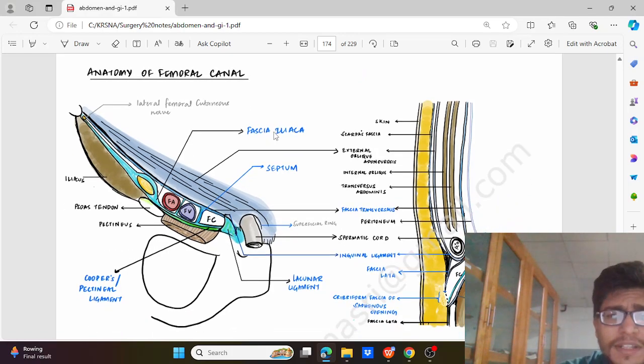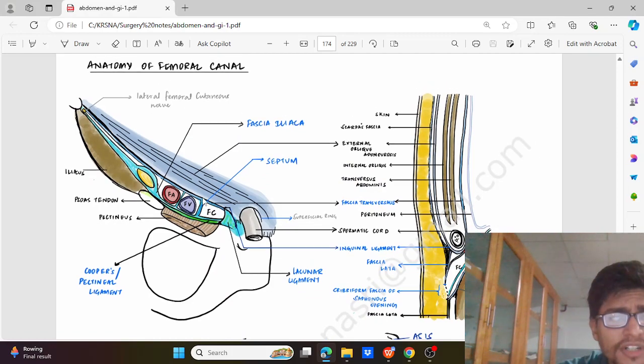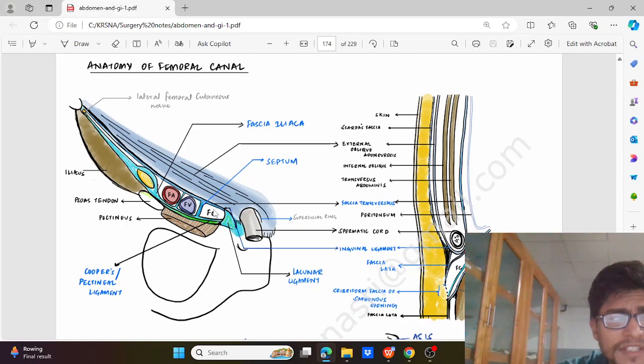First of all, we will see the anatomy of the femoral canal. The femoral canal is the tunnel in the anteromedial aspect of the upper thigh, and it starts from the femoral ring, which is in the upper aspect of the thigh near the inguinal ligament. As we can see in the diagram, it starts from the femoral ring, and this femoral ring is formed by the